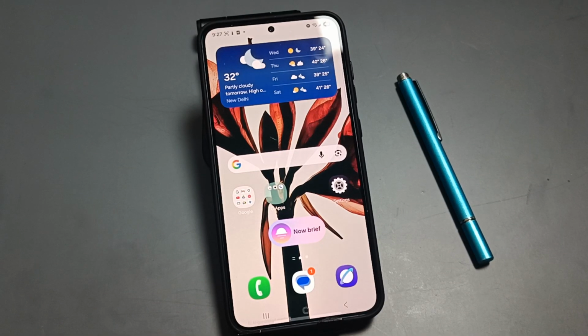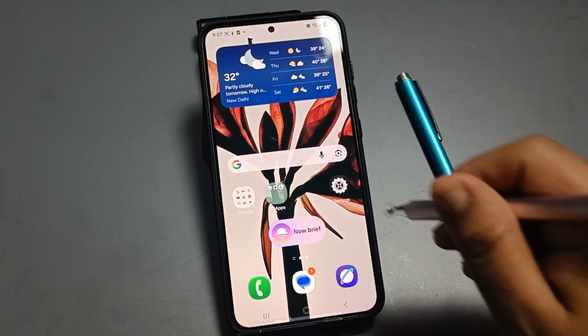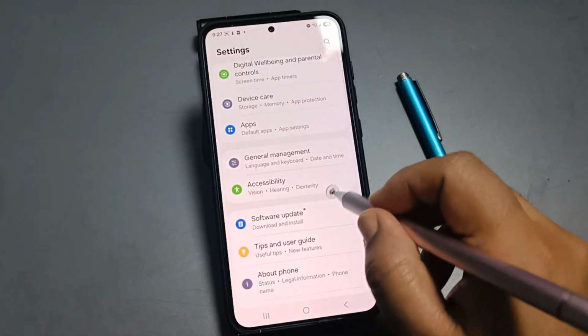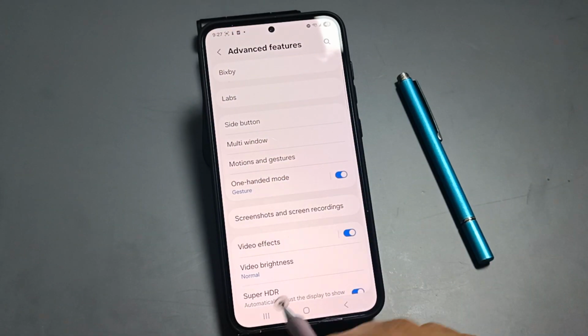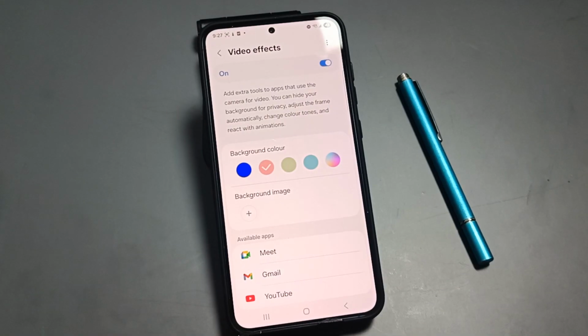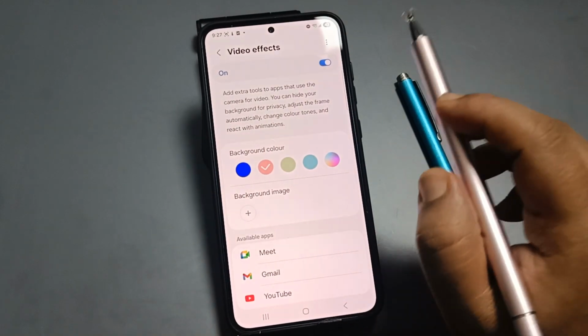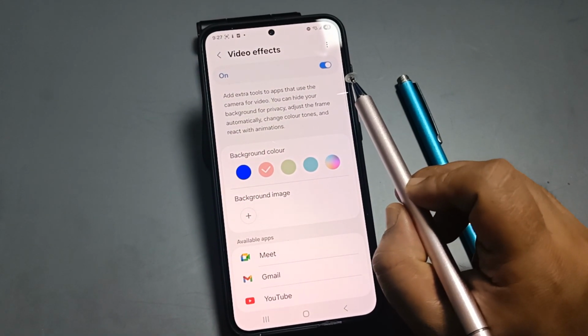So today in this video, I am going to show you how to use video effects in Google Meet. Go to your settings and tap on the option Advanced Features. Tap on Video Effects. First of all, we need to enable the video effects. Then